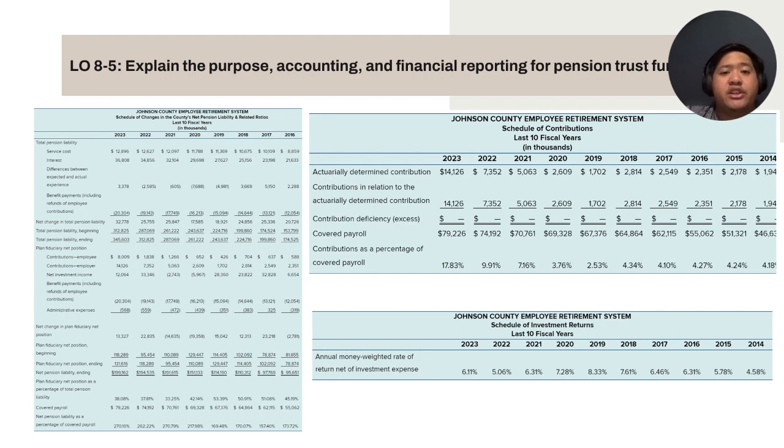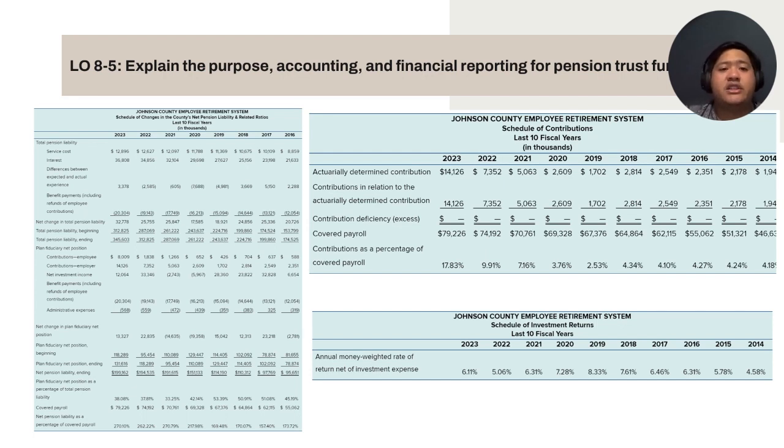Moving on to the schedule of employer contributions, the main information to note in this schedule is the actuarially determined contribution and the portion of that amount that the employer has contributed in each of the last 10 fiscal years. The actuarially determined contribution is a target or recommended contribution to a defined benefit pension plan for the reporting period, based upon external actuarial calculations relative to the most recent asset, measurement, and benefit projections available.